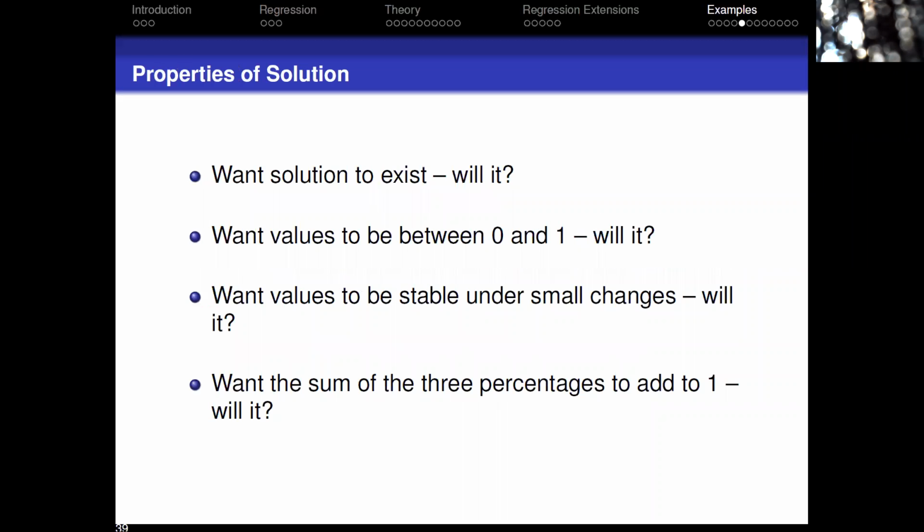I wanted my solution to have the following properties. I wanted a solution to exist. I wanted the values to be between 0 and 1. So I'm getting 3 numbers. What % of the money goes to each building? Unfortunately, the values are not always between 0 and 1, but you need something extreme for them not to be